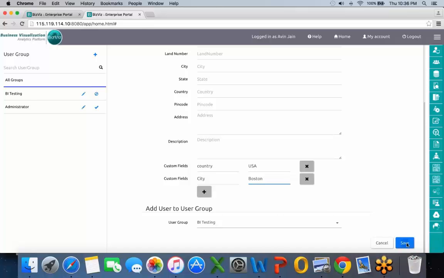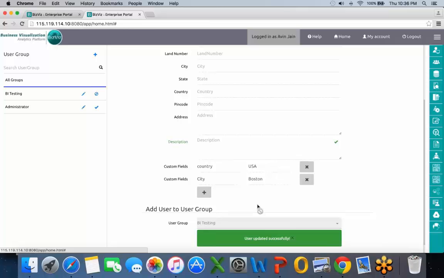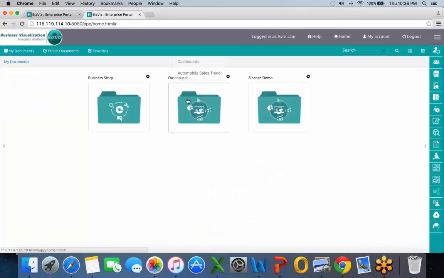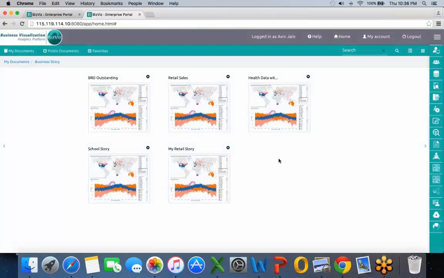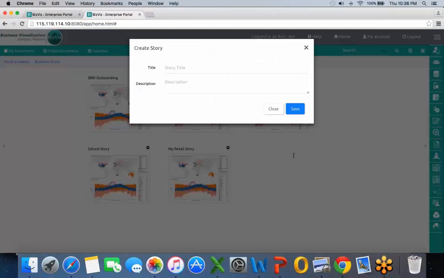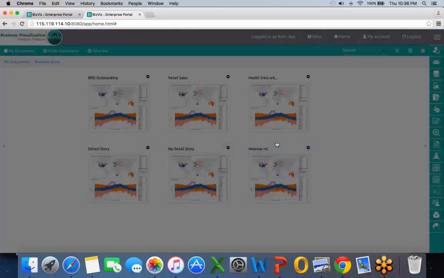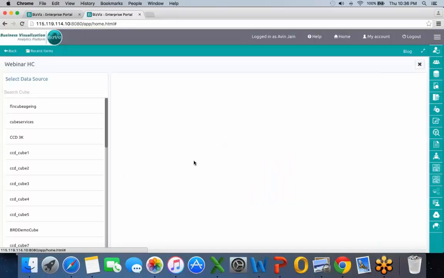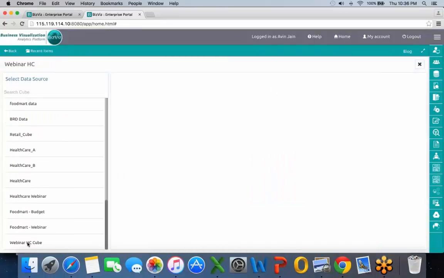Now let's come to my business story area, and I can just go and say create a story, and I will say webinar as my story. I've created the webinar cube, so I just select the cube, and here I can select any type of cube and create a mashup of different types of cubes altogether. But here, since I'm looking to create a business story on this data, I can say, okay,